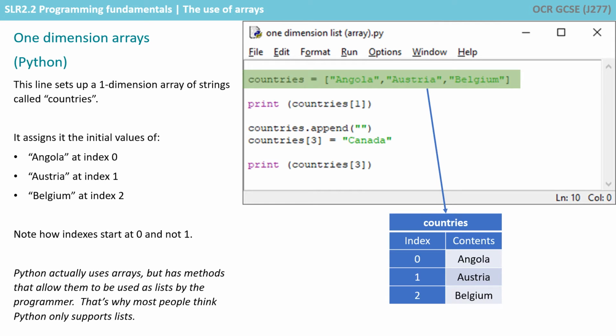So we're going to use some code example here from Python. Now, just a quick note, Python does actually use arrays, but it has methods that allow them to be used like lists by a programmer. And that's why most people think Python only supports lists. But this little extra level of complication is beyond the spec. For all intents and purposes, at GCSE, you can effectively think of lists and arrays as the same things, although